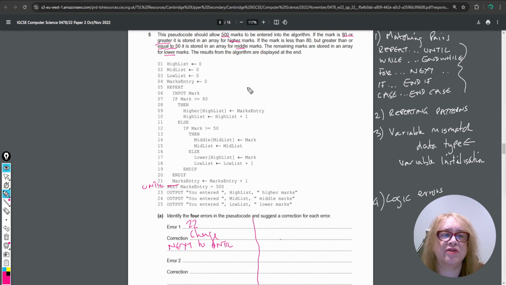And so we can then look, do we have any more matching pairs? Well, we have an if, and we have an end if, which is what we want, and we have an if, and we have an end if, so that's what we want. So we seem to be okay for matching pairs. So now we want to look at repeating patterns, and we can see, hopefully, that we have this high list,